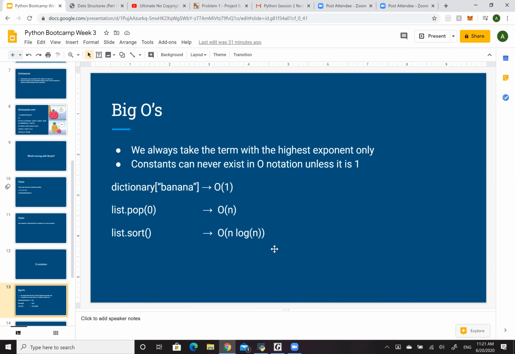So let's say I had a for loop for i in range 10, and then maybe I'm printing out i, right? So this is printing out i 10 times. So you might think that, oh, this is going through this line 10 times. So this must be O of 10, right? But that's actually not the case. As far as we're concerned, this would be O of 1, because